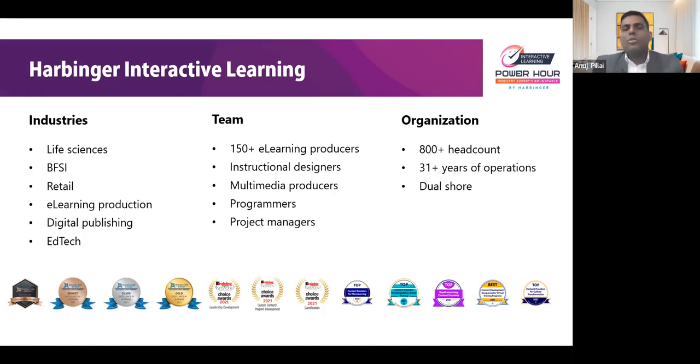When we talk about innovation, it could either be incorporating newer software technologies in the e-learning space, for example, using artificial intelligence or virtual reality or augmented reality, etc. Or it could be adopting the latest concepts in the e-learning space, like competency-based learning or experiential learning, etc. So when you work with Harbinger, you will experience our focus on delivering unique learning experiences, and that too by significantly optimizing your training spend.